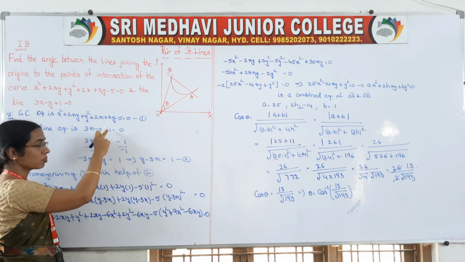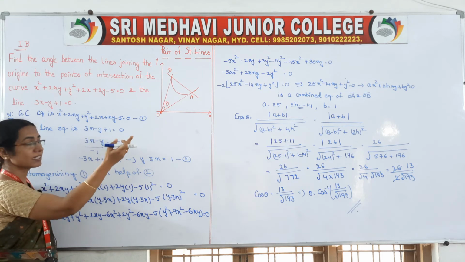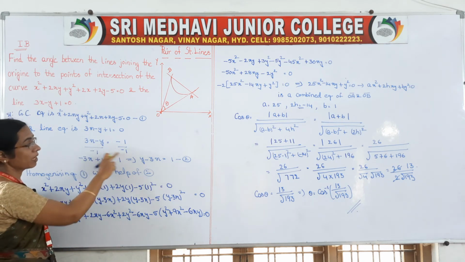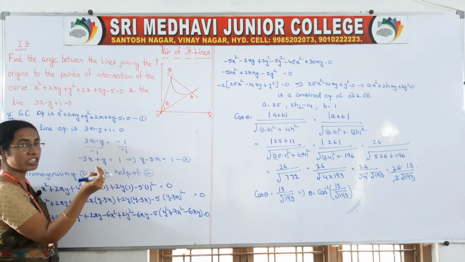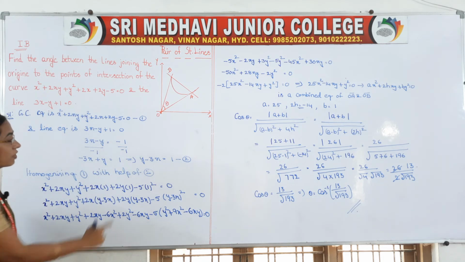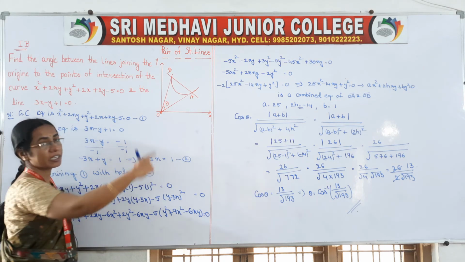So here in this problem, your constant is 1, so send 1 to that side, it will be -1. So divide both sides by -1. Why? Our condition is that on the right side we should get the value 1. So after that you will get one equation like this. Consider that as the second equation.